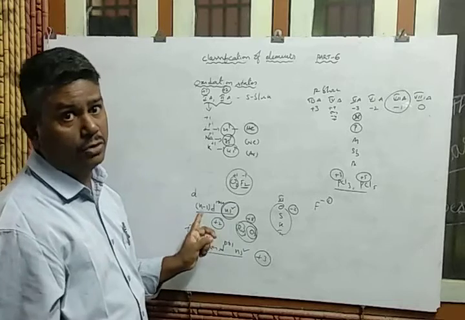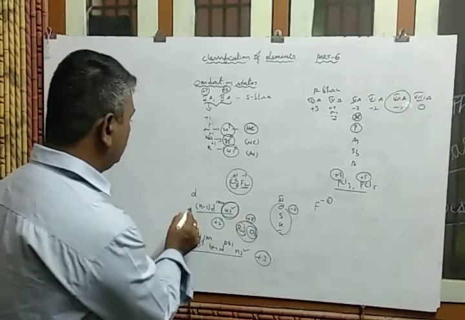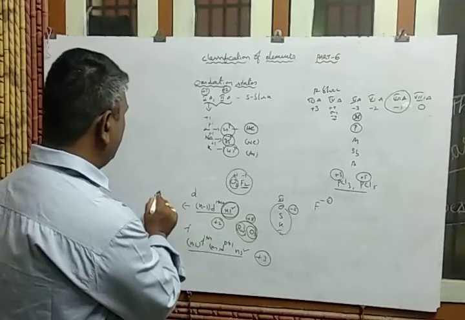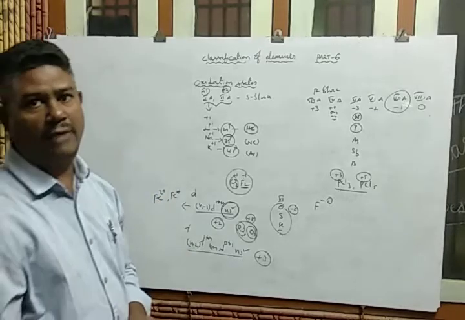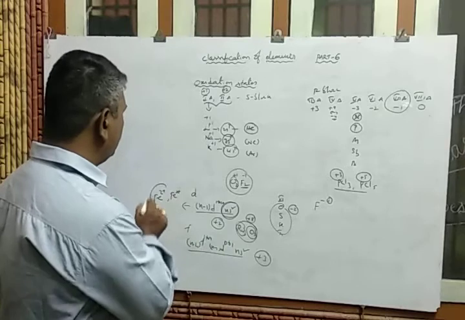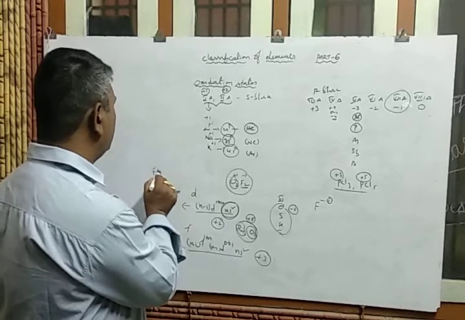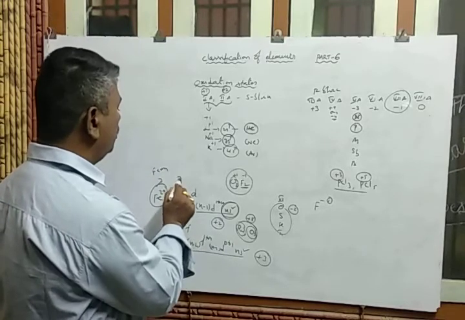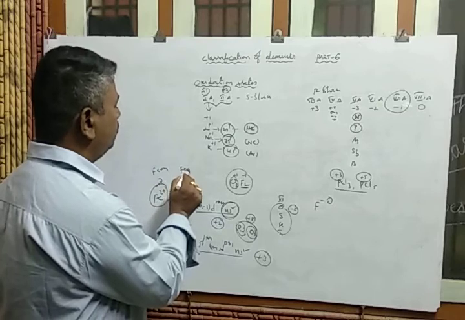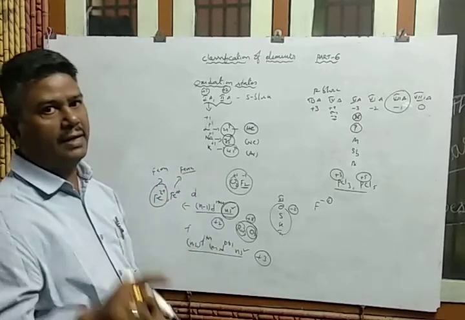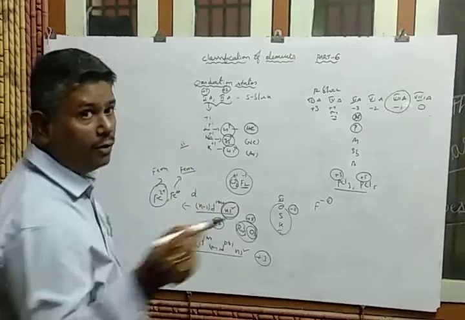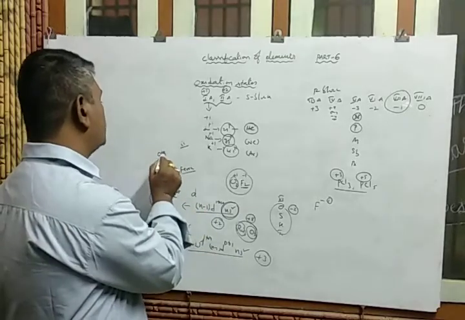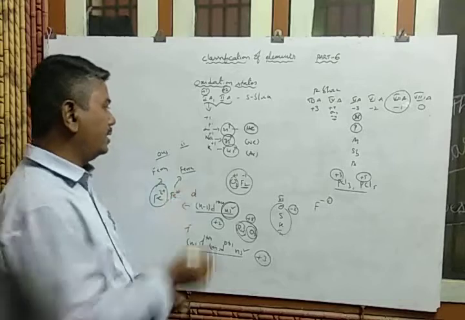of the elements show variable valencies here, like in the case of iron, Fe2+ and Fe3+. So which one is the lower oxidation state? That one is termed ferrous, and which one is higher? That is termed ferric. So the higher oxidation state is always pronounced with an 'ic' ending, and for the lower oxidation state it is 'ous'. So ferrous, ferric, as well as